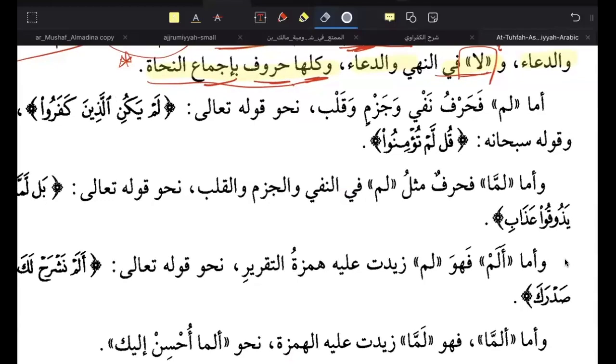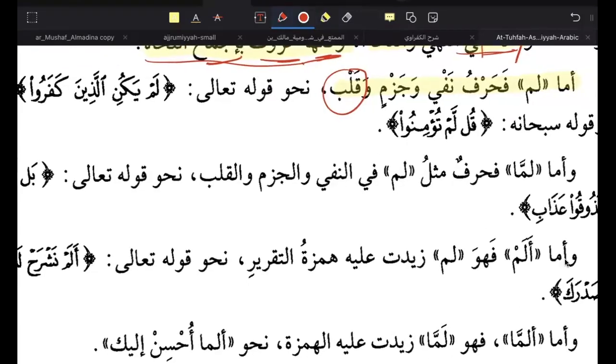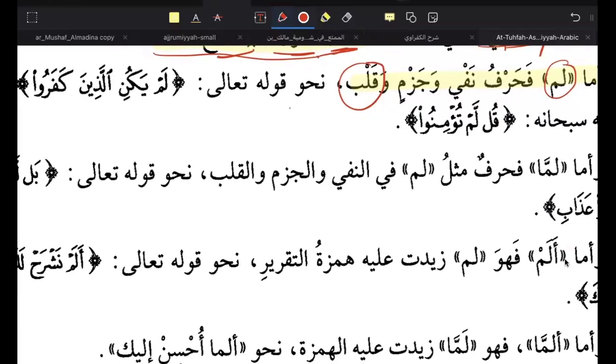He says amma lam فحرف نفي وجزم وقلب. The first one, the main one that we know is lam. It is a particle of negation and majzum. Of course, it is going to make a majzum and also qalb. What does he mean by qalb? Let me explain to you lam. The best way to think about lam from English perspective is think about lam as did not,